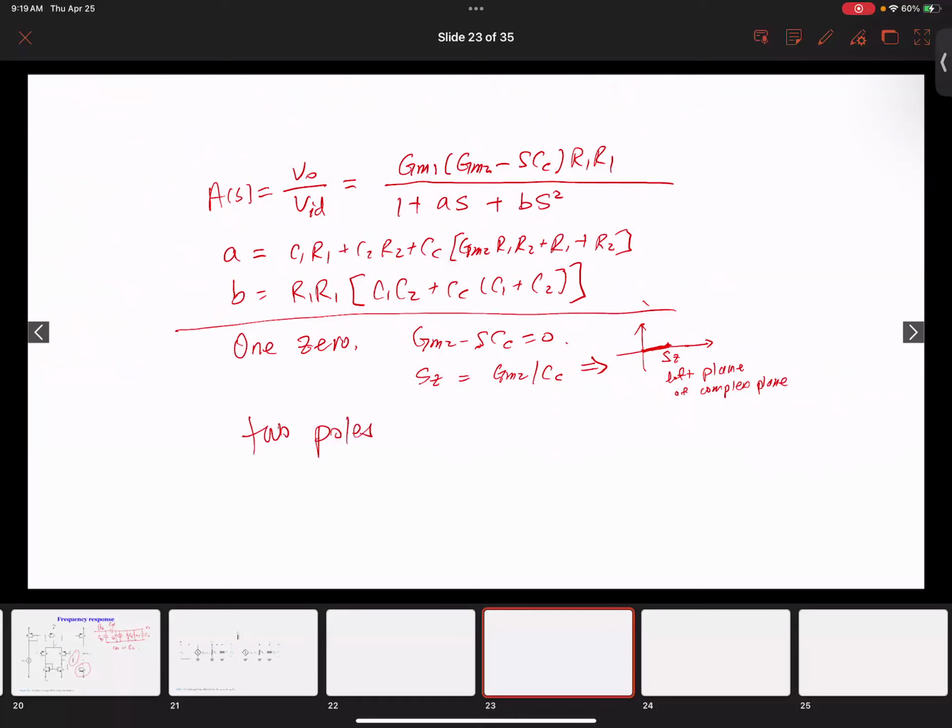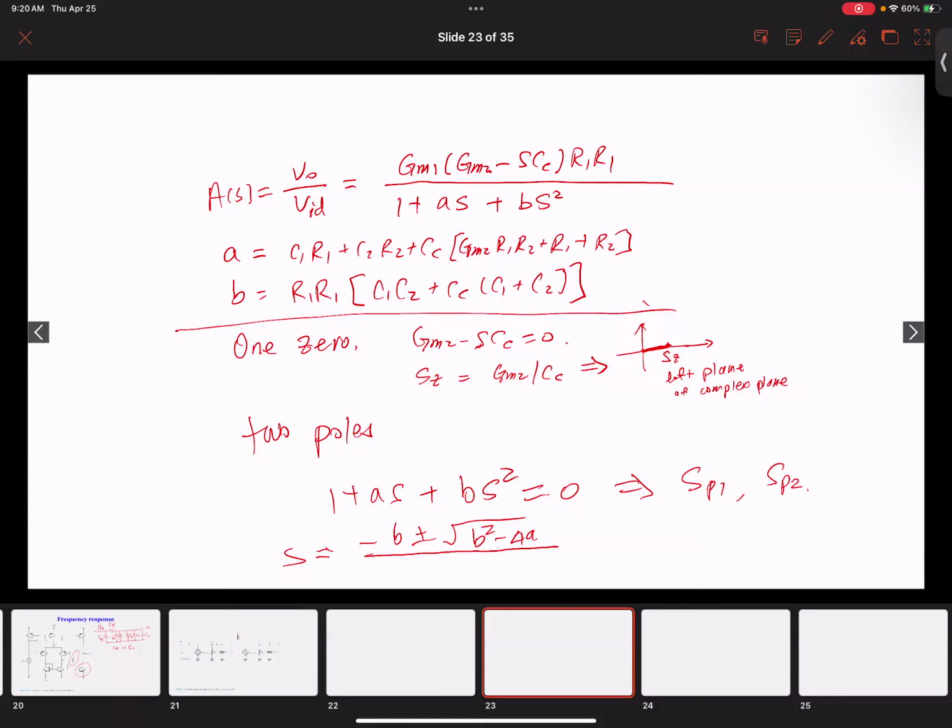So for the 2 poles, how do we get the 2 poles? You probably already remember, in order to get the 2 pole, we can set this to 0 to solve for S, and then you can have S pole 1, and you can solve for S pole 2. But because A and B is a little bit complex, in theory, we can do S equal to minus B plus minus B squared minus 4A